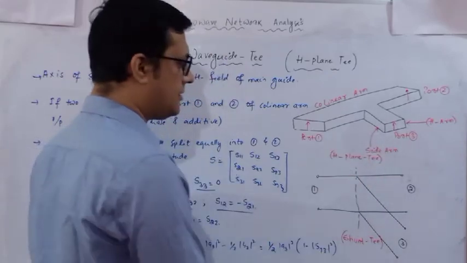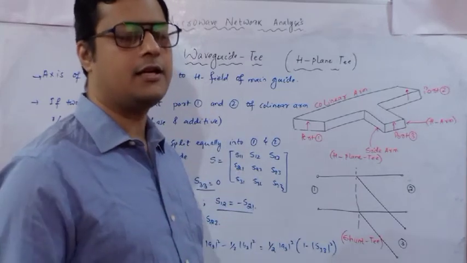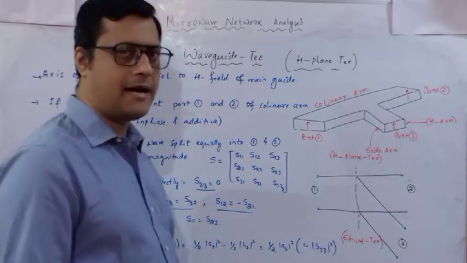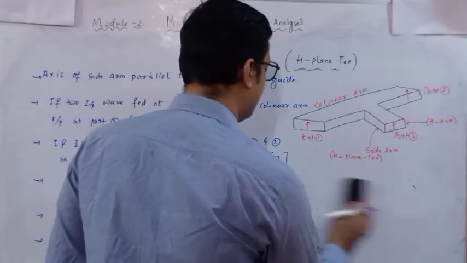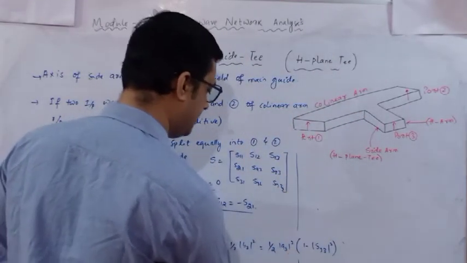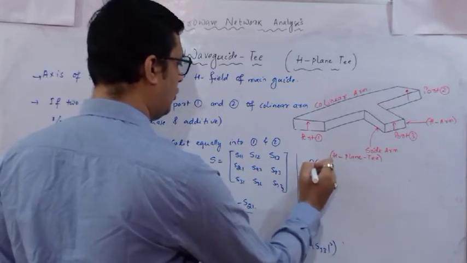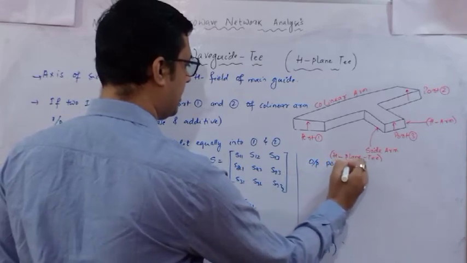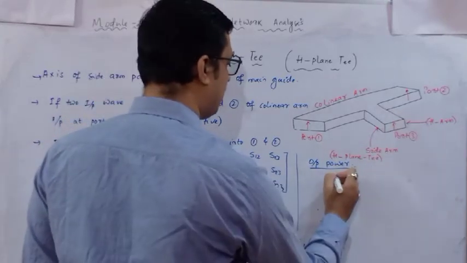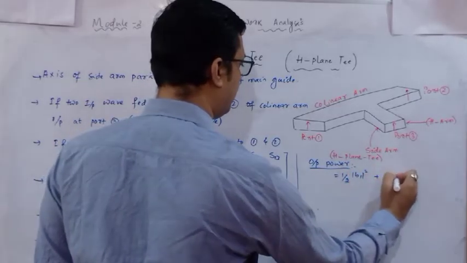This is the basic structure. It is parallel in nature. Why it is parallel, I have already discussed: because here the current is going to be distributed and the potential is going to be the same. For that it is called a parallel junction. Now the input power is going to be distributed, so we are going to observe the output power. The output power observed at port 1 and port 2 is half of B1 square plus half of B2 square.